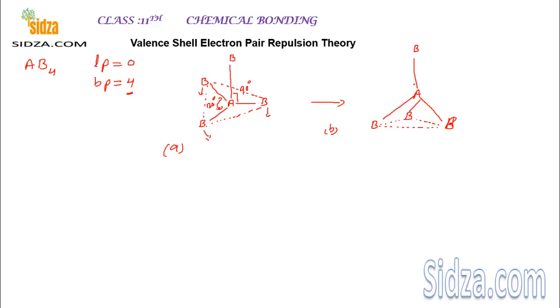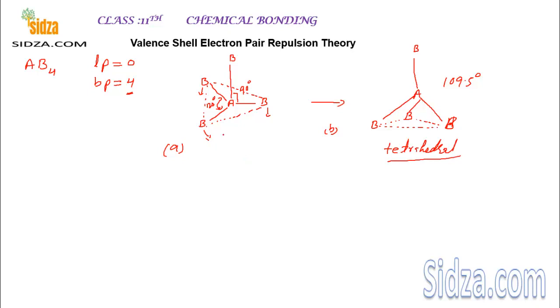It will be more than 90 but less than 120, because once I push the B atoms down, the bond angle will decrease from 120 degree, and at the same time the bond angle will increase from 90 degree. And now in this shape you will see that the bond angle here is 109.5 degrees, and this is what we call a tetrahedral shape, right? This is a tetrahedral shape,